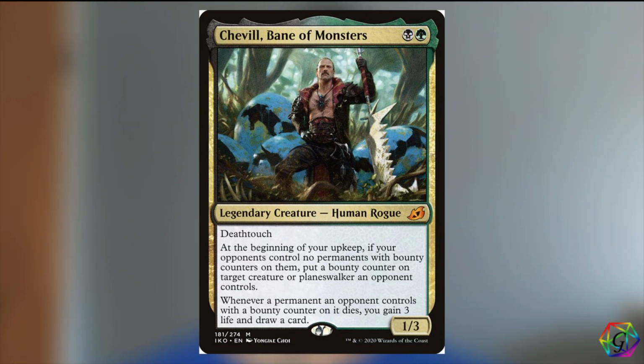Chevill, Bane of Monsters costs a black and a green for a 1/3 human rogue with Death Touch. Chevill also has 2 triggered abilities. The first says, at the beginning of your upkeep, if your opponents control no permanents with bounty counters on them, put a bounty counter on target creature or planeswalker an opponent controls. The second says, whenever a permanent an opponent controls with a bounty counter on it dies, you gain 3 life